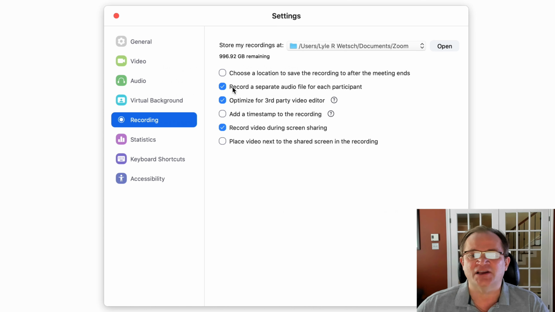And so this is just a way that, while it creates a larger file size, gives you a little bit better editing within post-production. So as an example, if you had multiple people that were speaking a little bit at the same time, but you wanted to preserve one of those people's voices for the recorded presentation and remove the other, then that's something that would easily be able to be done if you had separate audio files